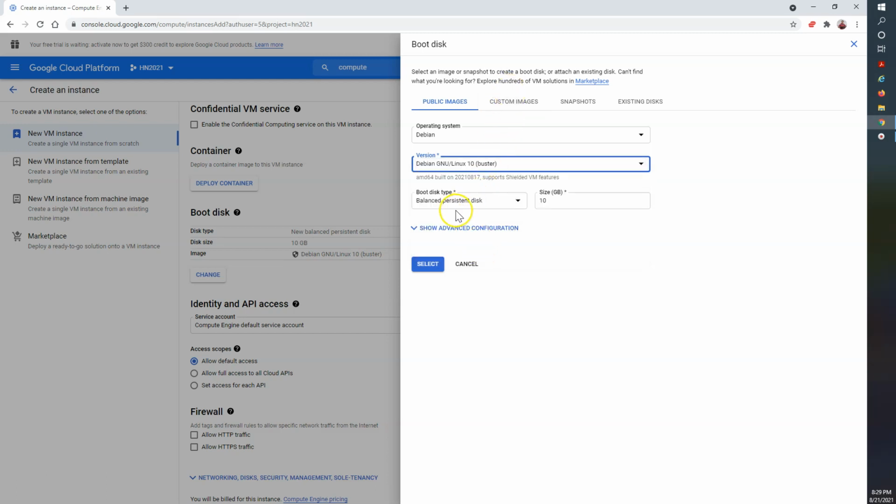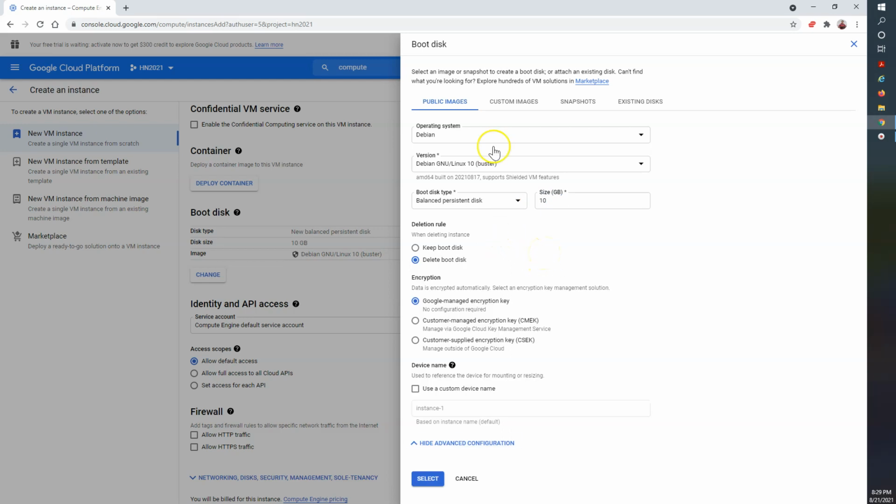Okay, and here is the disk type. There are 4 different disk types supported by GCP. You can take HDD or SSD based on your requirement, and performance also matters here. The hard drive will have higher latency, but if you need more performance, you can use the SSD. The size of your disk, if you want to configure your disk size, you can do that.